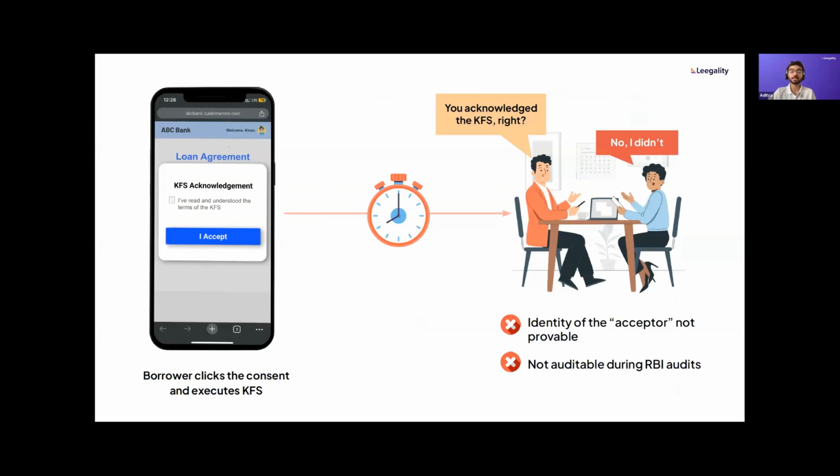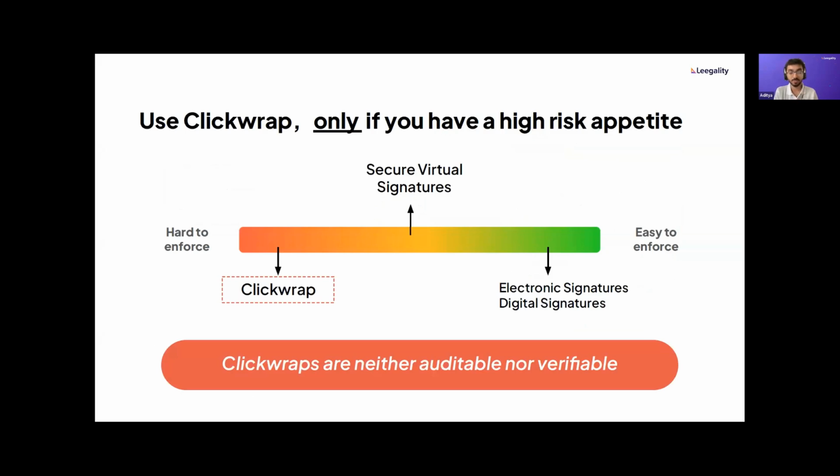Which means that the borrower can later deny that this KFS was shown to me or that I acknowledged it. And which also means that in an RBI audit or enforcement proceeding, court or RBI can't actually verify whether this mandatory acknowledgement step that is clearly laid out in the rules actually happened or not, right? So really use clickwrap only if you have a very high risk appetite.